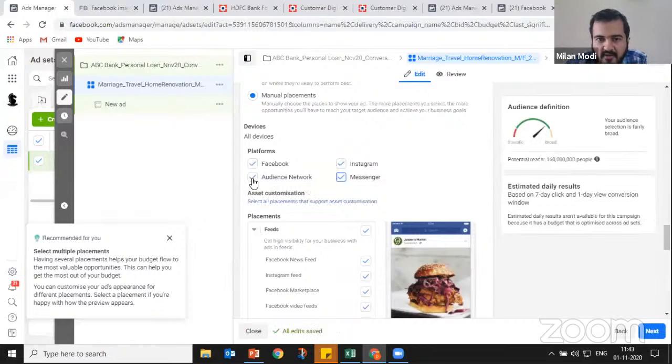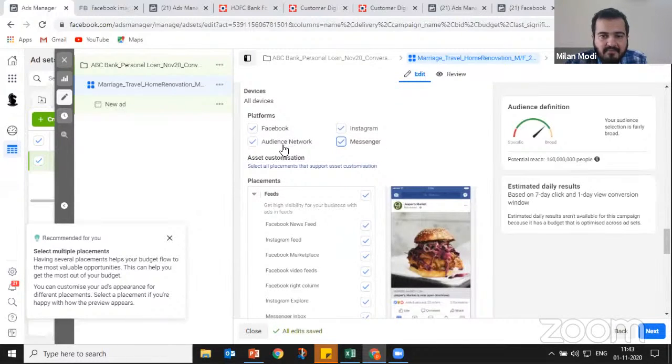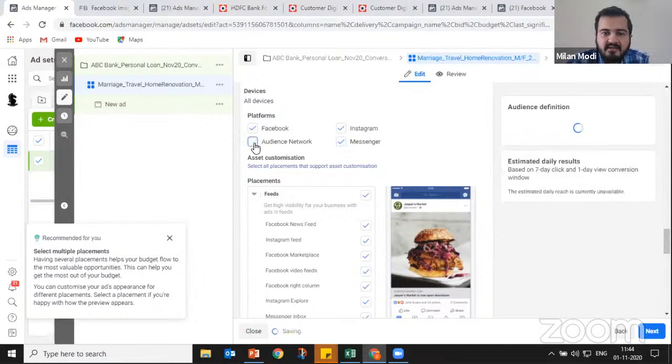We all know. What is audience network? So, audience network is all those apps or all those websites which have tied up with Facebook. And with the help of this particular dashboard, we can show ads on these. Now, which are these apps is not exactly known to us, as Facebook has not revealed the list of apps, but it has just told that there are certain partner apps who have partnered with Facebook as a company, and it is possible to show ads on their apps as well with the help of this particular dashboard. So if we are not very confident about where my ad will show outside of Facebook, Instagram, we can simply untick this, and then